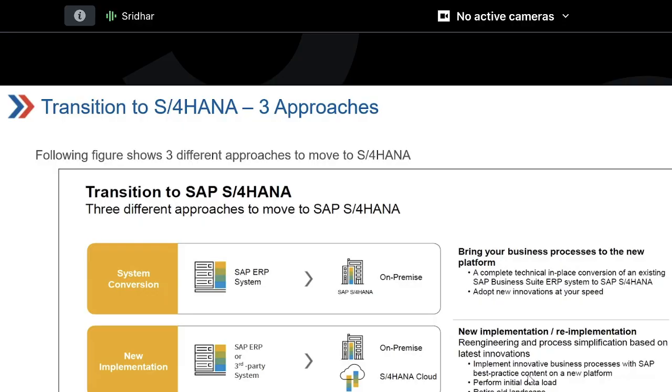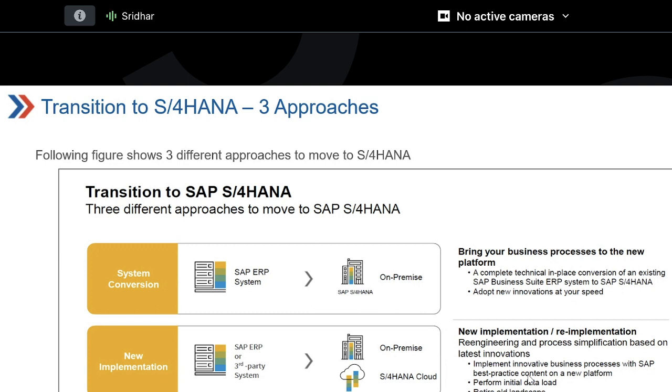It won't have any master data. It won't have any transactional data either. So only the repository plus the customization, we create a shell out of the ECC system, then we convert that shell to S4 HANA, without any master data or